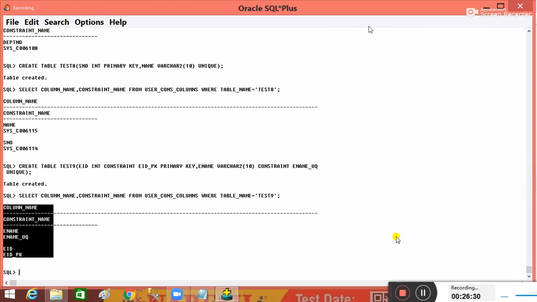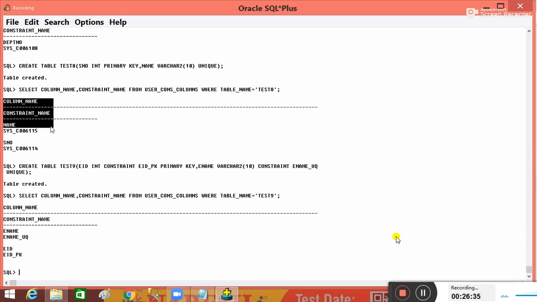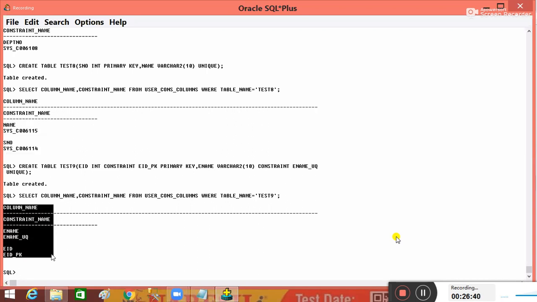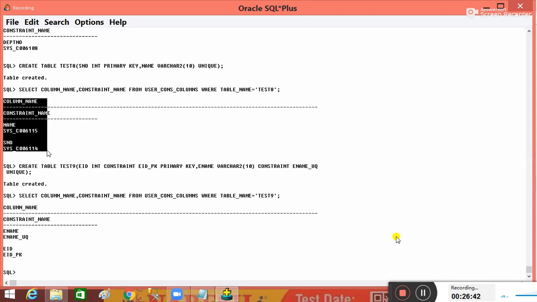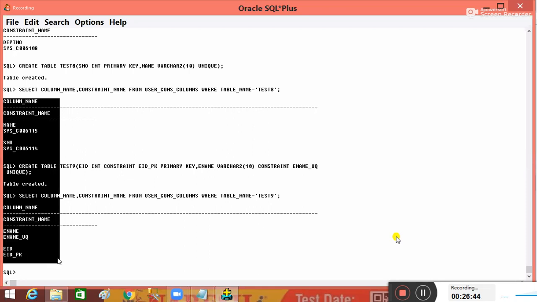Okay, now what happened? See, here, these are system defined constant names. Here, user defined constant names. So which is better to understand, guys? System defined or user defined? Which one can we easily understand? User defined or system defined? Yes, good, you caught my point. So this is the way user defined constant key names are created by the programmer on